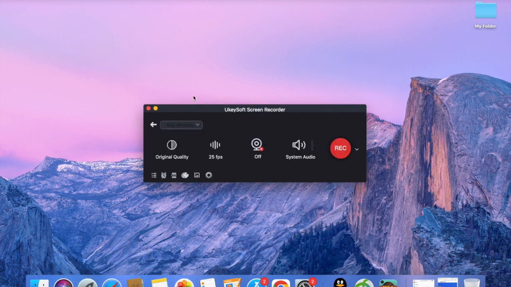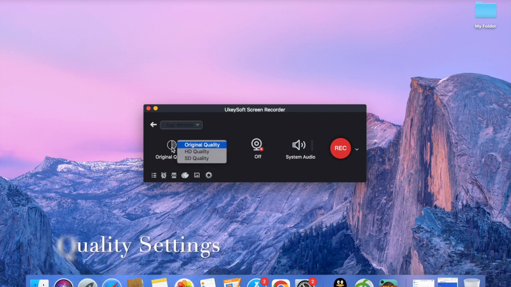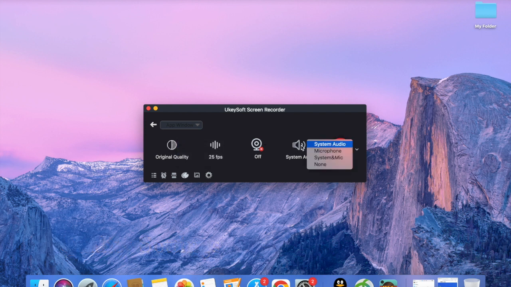In here, we're going to choose our output file settings. For quality, we choose original quality, and for input audio, we choose system audio. For more output settings,